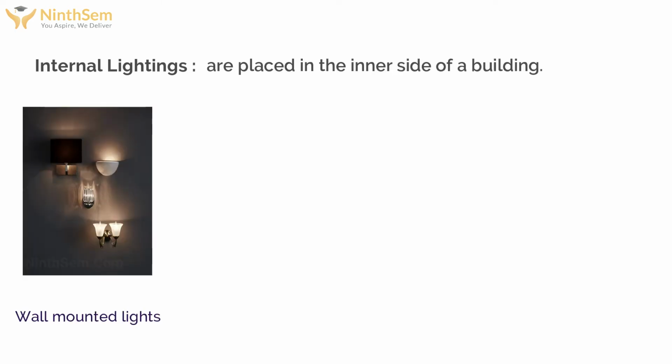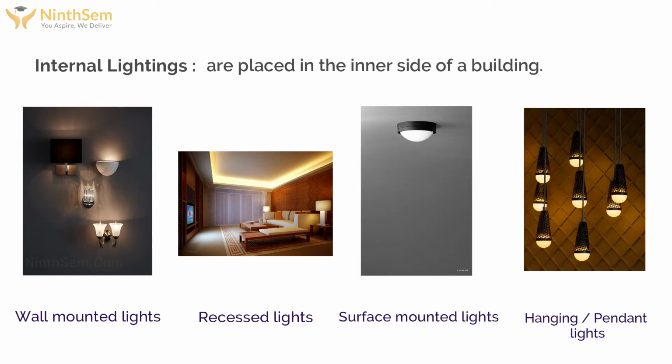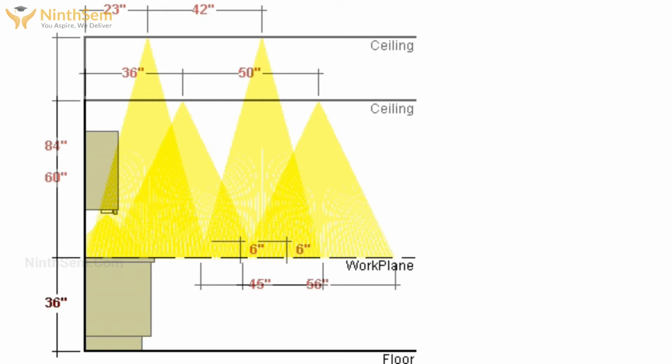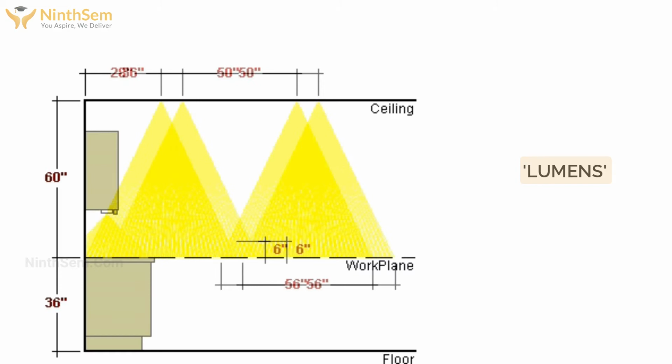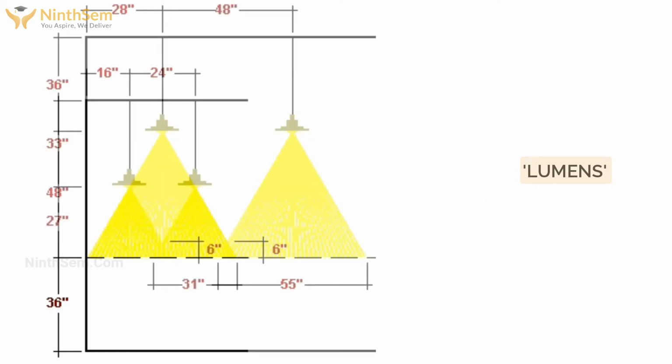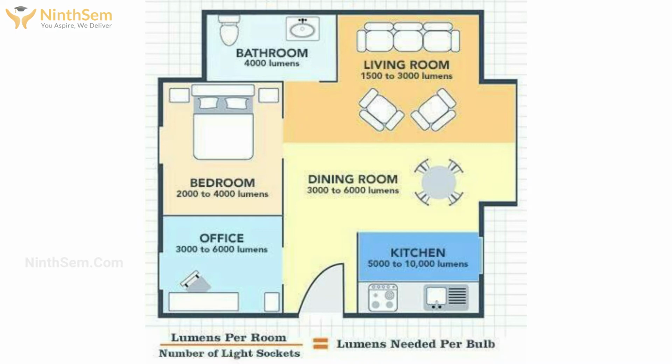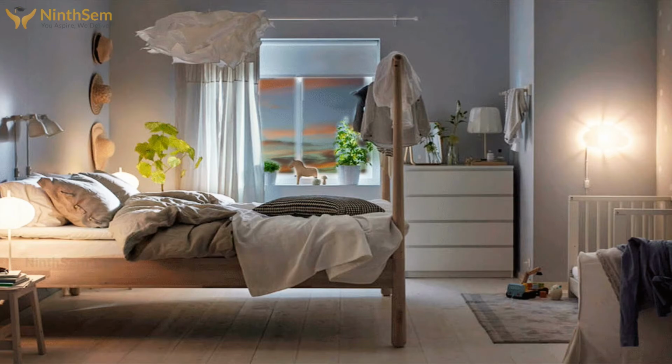Similarly, internal lights are the lights which are mostly placed on the inner side of a building, such as wall mounted light, recessed light, surface mounted light, hanging or pendant light, etc. But we can't confine lights to some specific types, as different projects have different requirements that differ the basis of categorization of lights. According to architectural layout, we can calculate the lumens required by a particular area by using certain software. Lumens are the figure which give us an idea of how much illumination is required by a specific area during both day and night time.